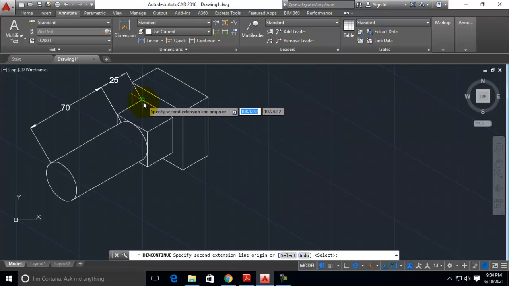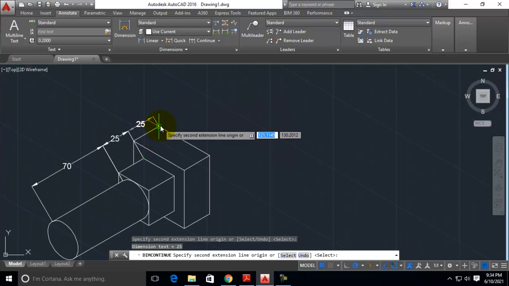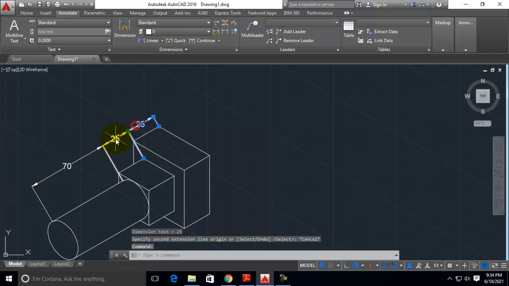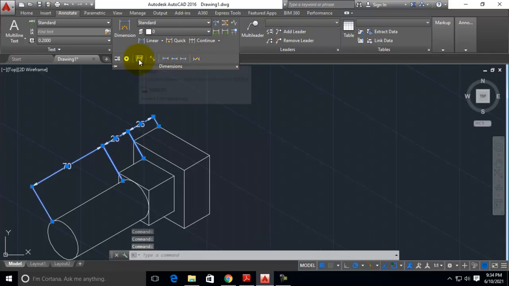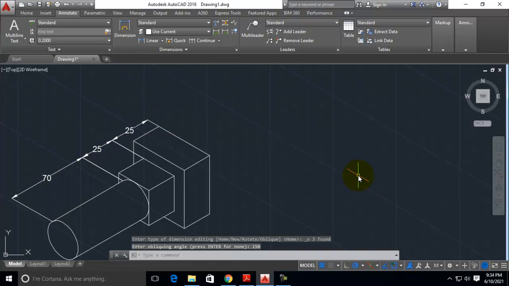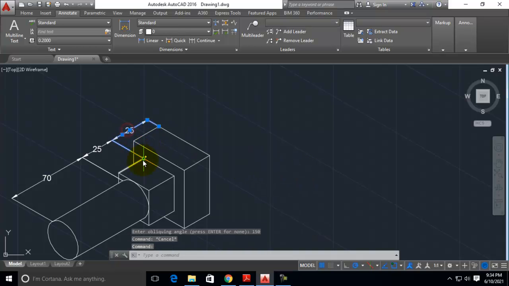Continue it till this, and also here also you can use that. Now select these 3 and use oblique command, change the angle as 150, press enter. Now it is correct.